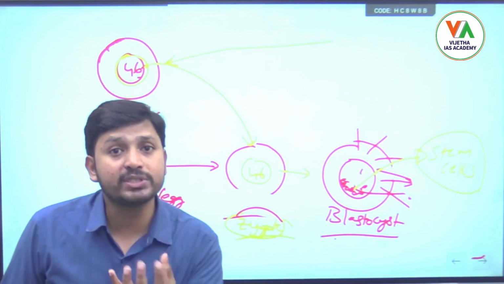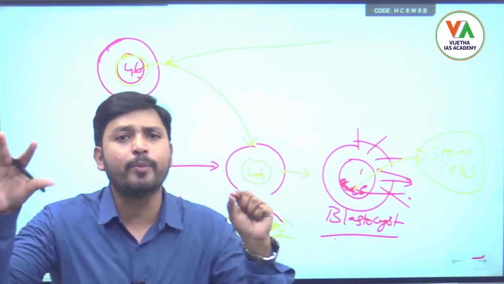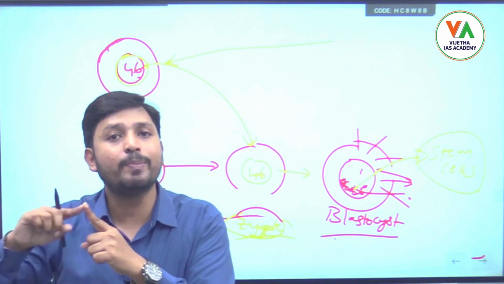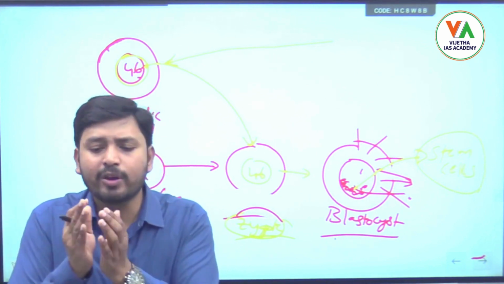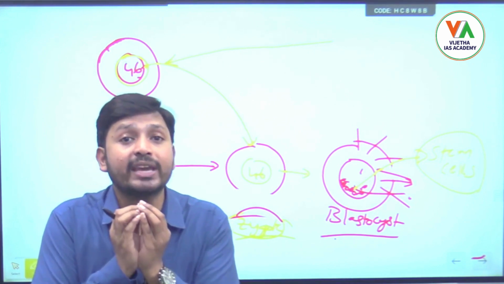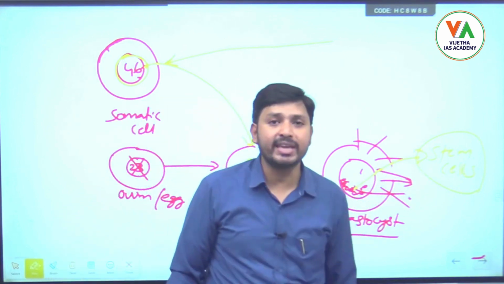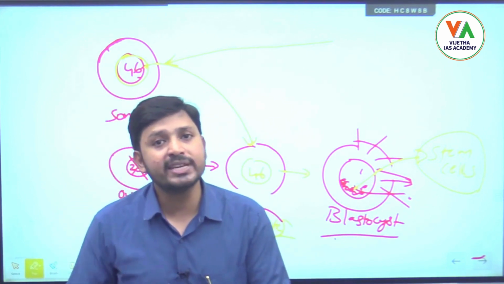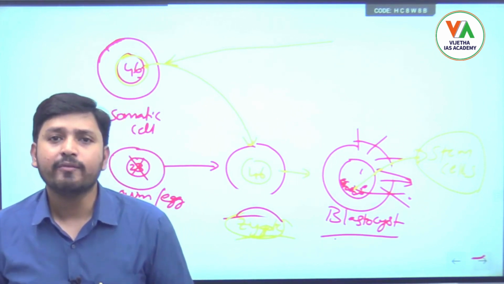Now I will use these cells for different purposes, because the same zygote has formed into a blastocyst, and from the cells of this blastocyst, some cells form into liver, some into blood, some into heart, some into lungs, and different organs are developed from this same cell, right? What it indicates is that these cells have the capacity to convert into different organs in the human body. So if I extract these stem cells, and someone is having heart failure and is not getting any heart donor, what will be the case? Within a few days he will die, right?